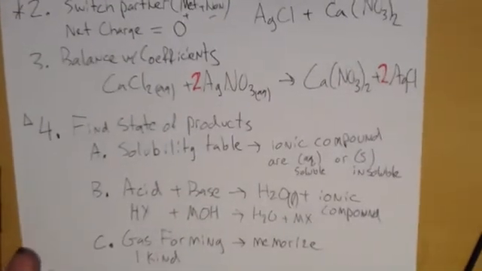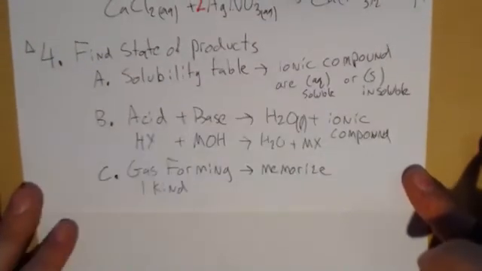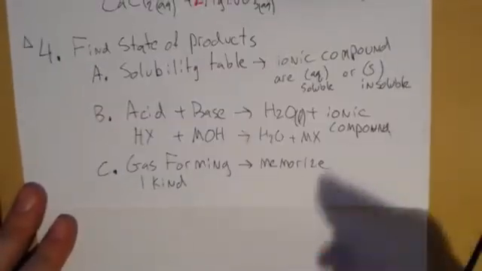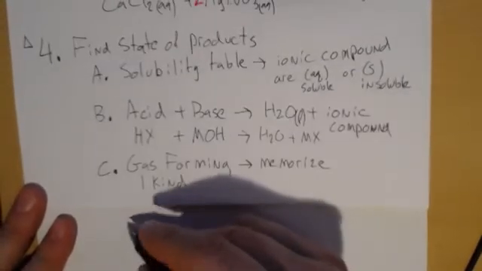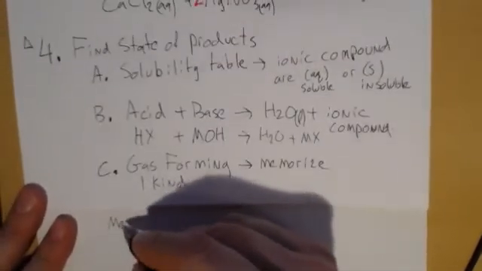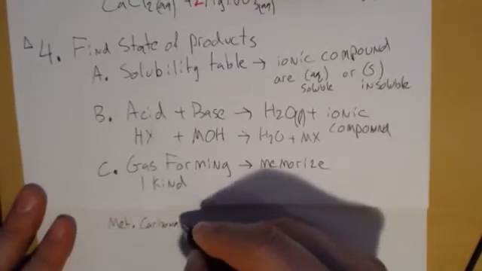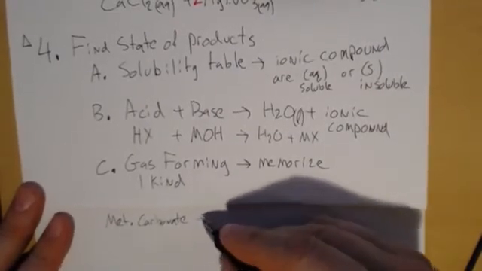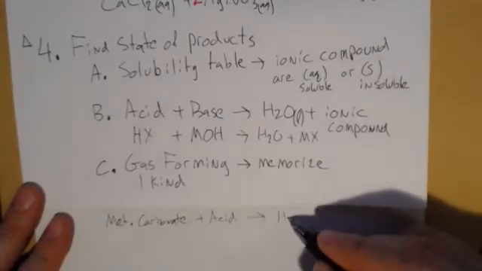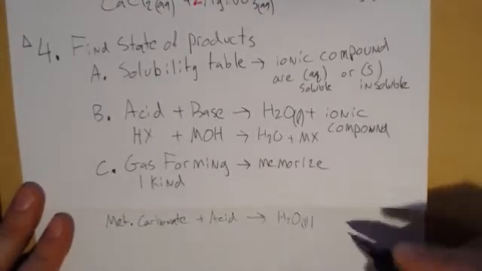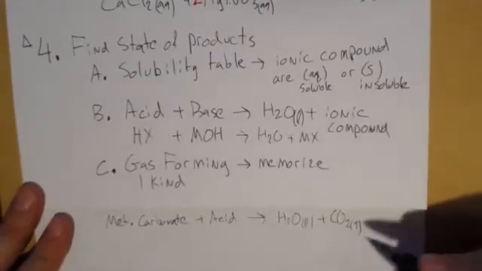Okay, so one kind, and the one kind that I find really, really exciting is metal carbonates. When a metal carbonate reacts with an acid, you get water, liquid, and CO2 gas, and